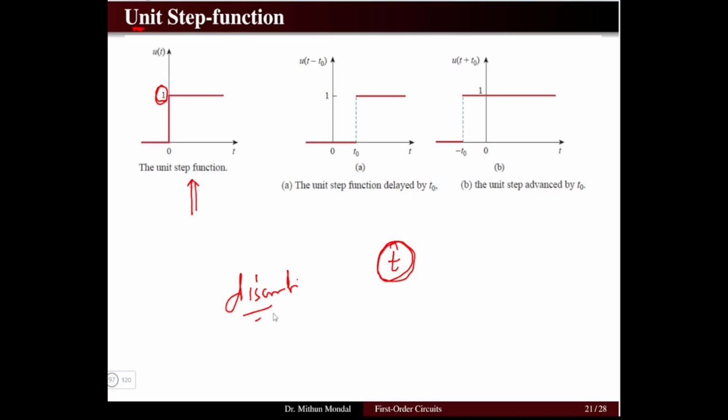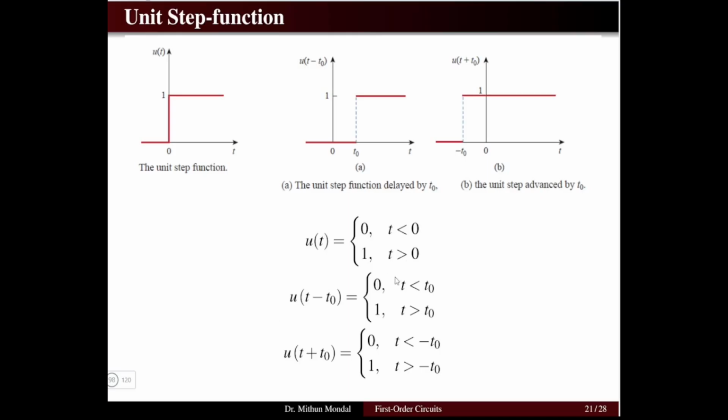Now we will study the unit step function. Let us see the mathematical equation. When we say u of t, we should understand that we are dealing with a step function. Step functions are denoted by u of t. So what is the equation for u of t? U of t for time t less than 0 is equal to 0. It means that for any time t less than 0, our amplitude is 0. For any time t greater than 0, our amplitude is 1.